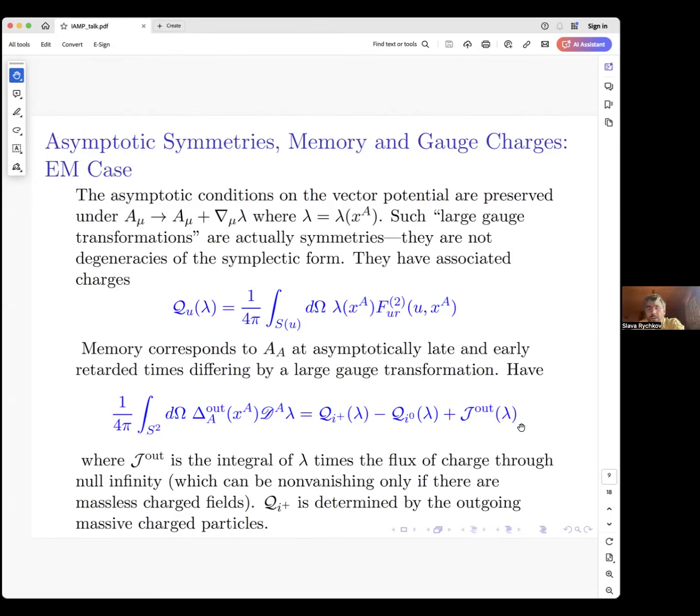Can I ask a question, Slava Rychkov? Yes. You explained this connection between the memory effect and the infrared divergences, which is interesting. And as you said, in particle physics, we normally compute inclusive cross-sections, and then the infrared divergences go away. Well, I don't know that they go away, but you manage to ignore them. Well, that's not the way I would put it. People have reached a good physical understanding of why this is a reasonable thing to do. I completely agree with that. It definitely corresponds to what people measure.